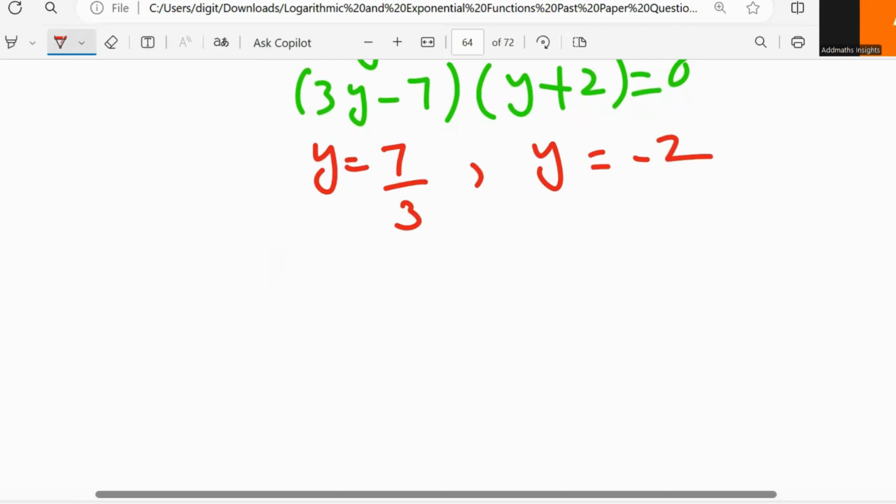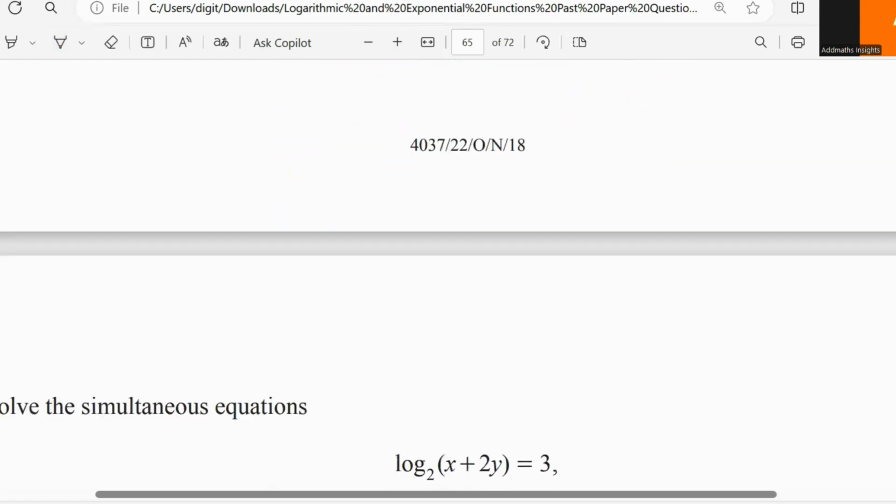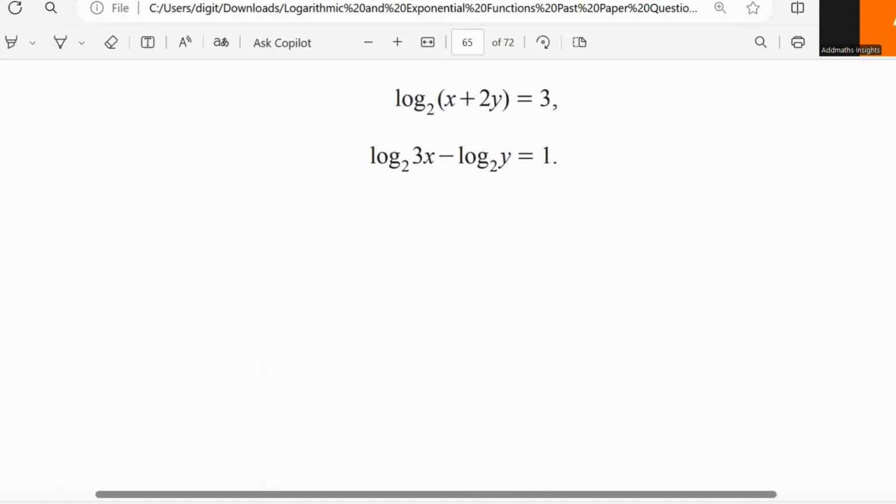But y equals to minus 2 is not defined because log y3 is undefined. So it implies that we have a single answer, y is equals to 7 by 3. So we ignore this y equals to minus 2. One more question. Question is solve the